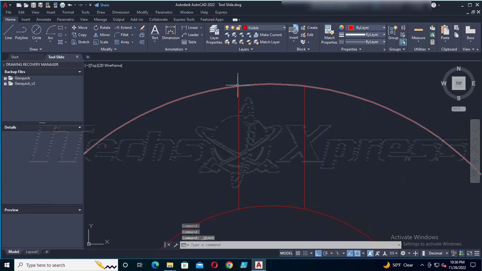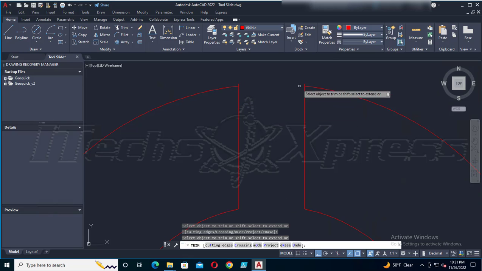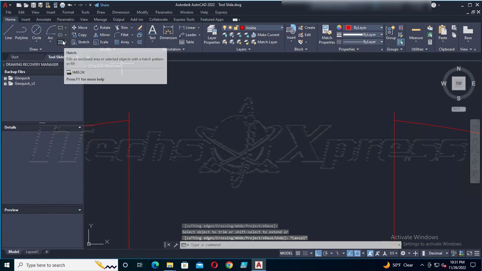Alright, now I do need to trim some of this stuff. So let me go back to trim and select this object and then save. Alright, and then I'm also going to trim this here. Perfect. So now I could easily trim these things here if I zoom in